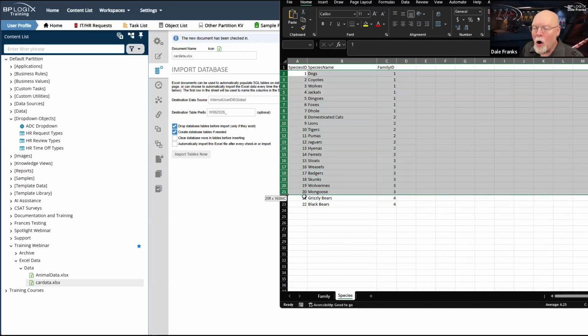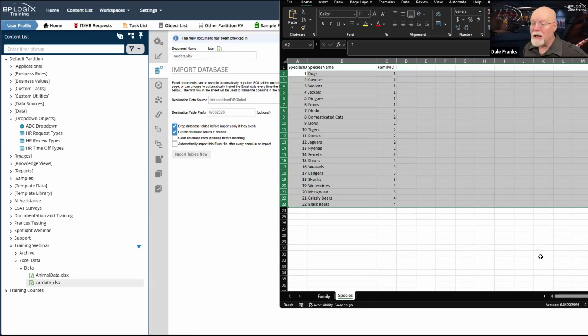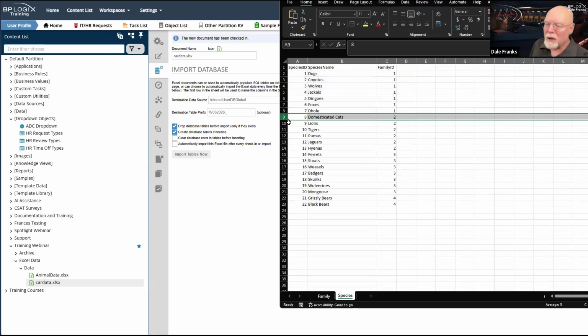Remember, this data already exists. And if I'm using this in, say, drop-downs, or I am importing some of this data and filling out arrays on the form, that data exists on my form. And if it's a drop-down, then it's going to show up if I delete one of these. So let's say I delete record 8 or record 9, right? Domesticated cats. Well, okay, fine.